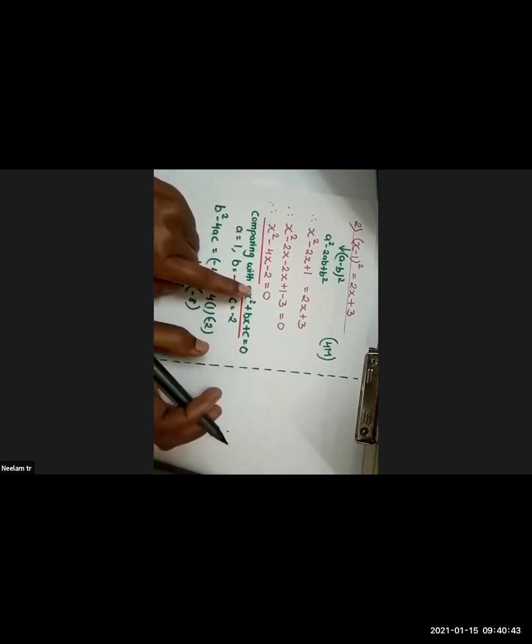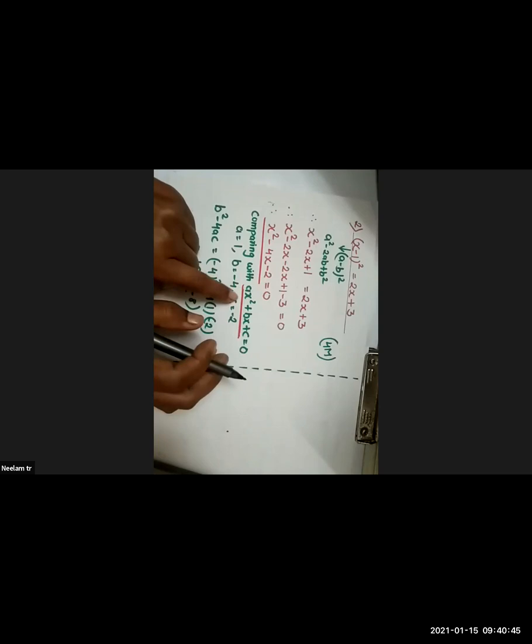What is this standard and general form? What did we study in the first lecture? This is what we studied, that is ax square plus bx plus c. That is the standard form of a quadratic equation. Without this you can't solve a quadratic equation if you do not know its standard form.